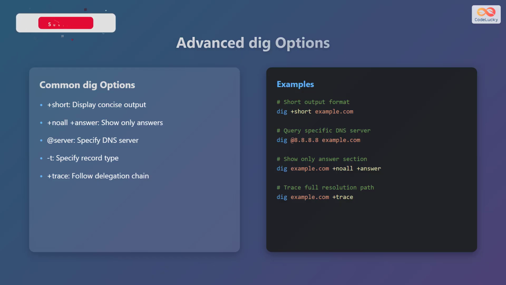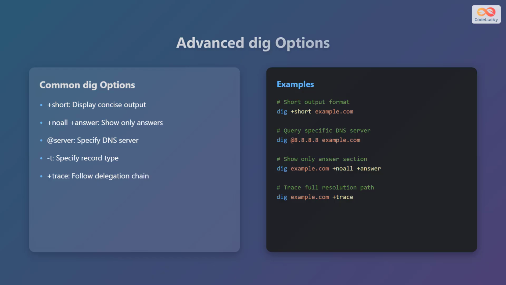The dig command comes with a range of options that allow you to customize your DNS queries. Here are a few commonly used options. The +short option displays a concise output, providing only the essential information. The +noall +answer option shows only the answer section, hiding other details. The @server option allows you to specify a particular DNS server to use for the query. The -t option lets you specify the record type to query. The +trace option follows the delegation chain for a domain, showing the sequence of DNS servers involved in resolving